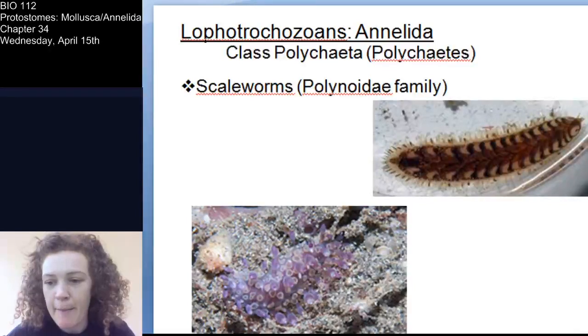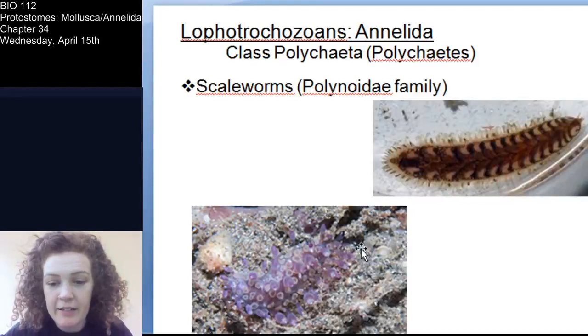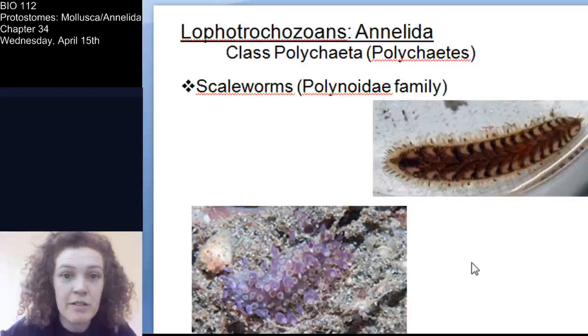You can see the parapodia. They have chaetae on them. They blend in very well with the bottom right there. That's actually the worm. They have pretty broad diversity in the polychaetes in terms of phenotype, or what they look like. So polynoids or scaleworms are mostly active hunters. So they're hunting for things like worms, small crabs, sponges. Actually, some of these polychaetes will eat sponges. Well, a sponge can't really get away. So,